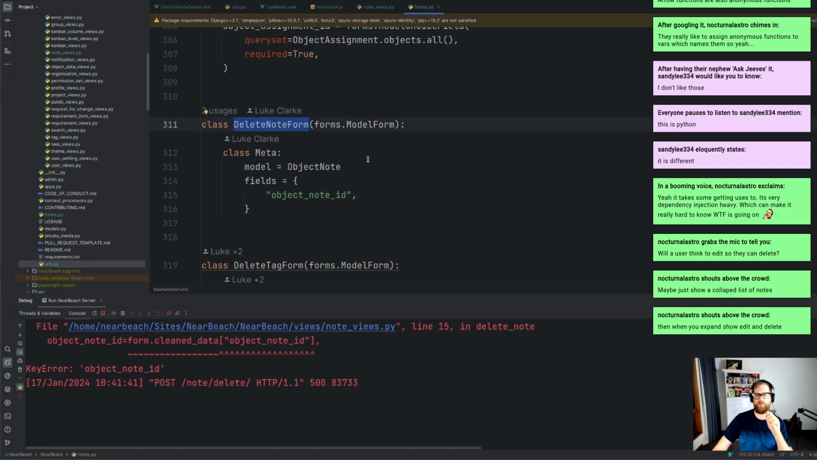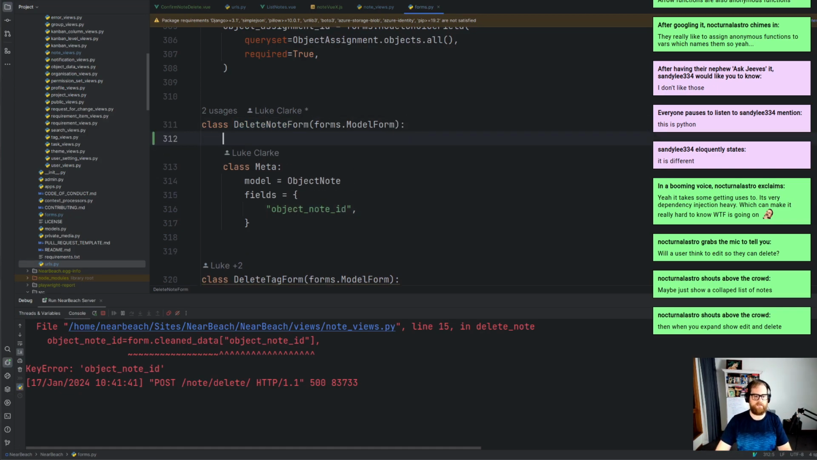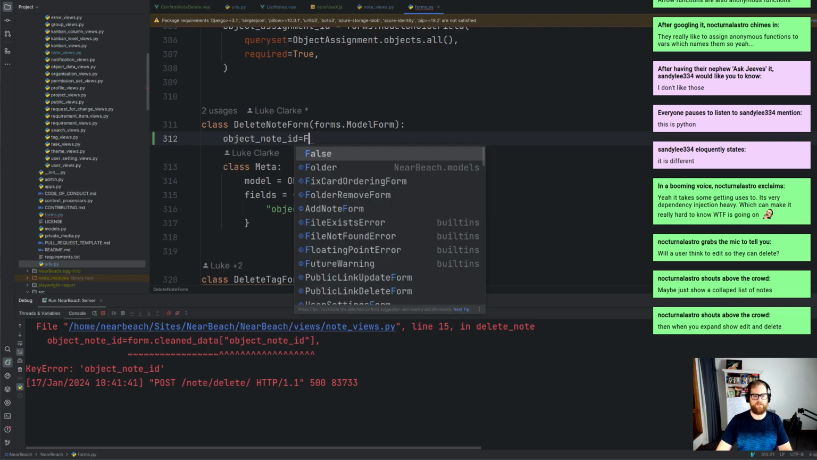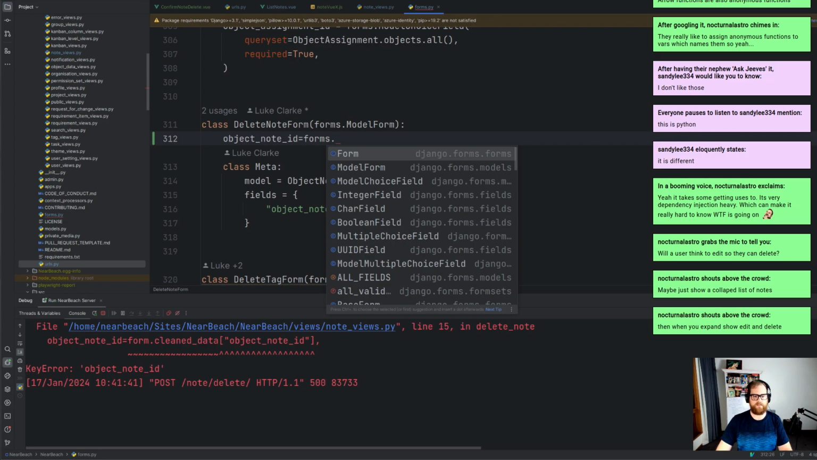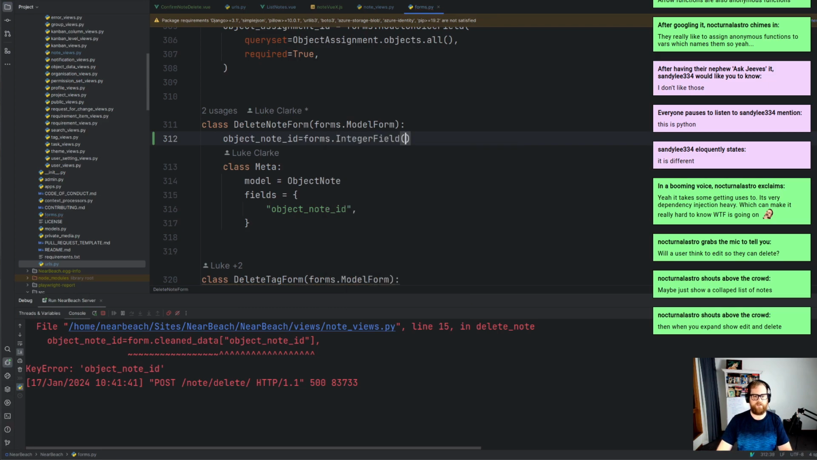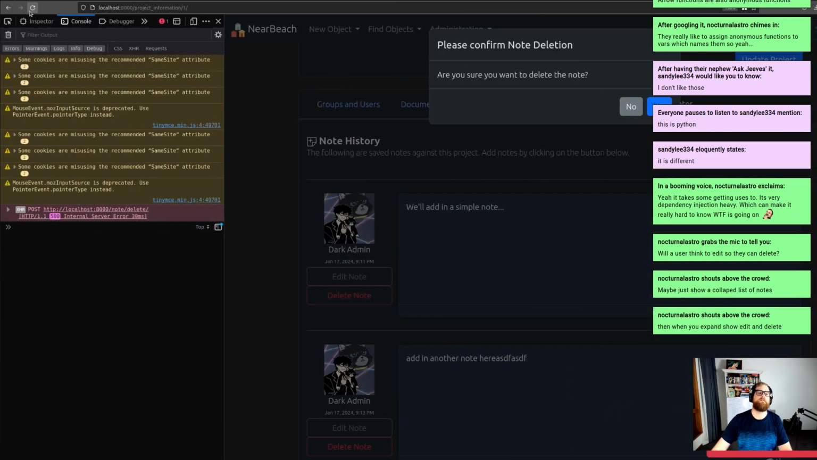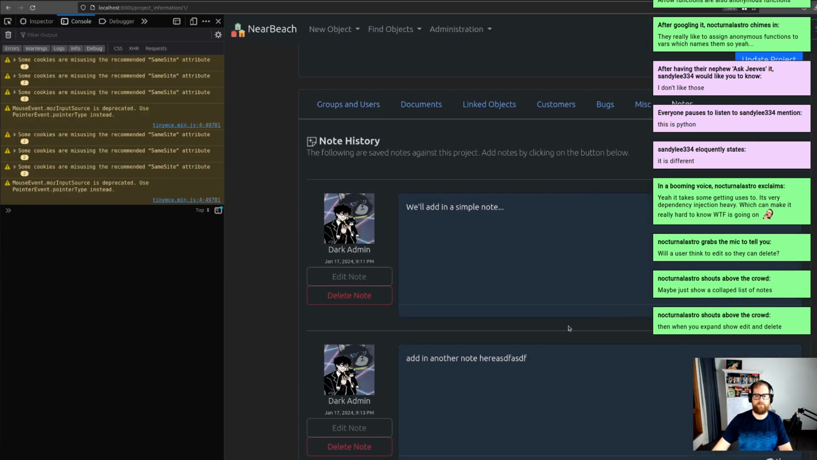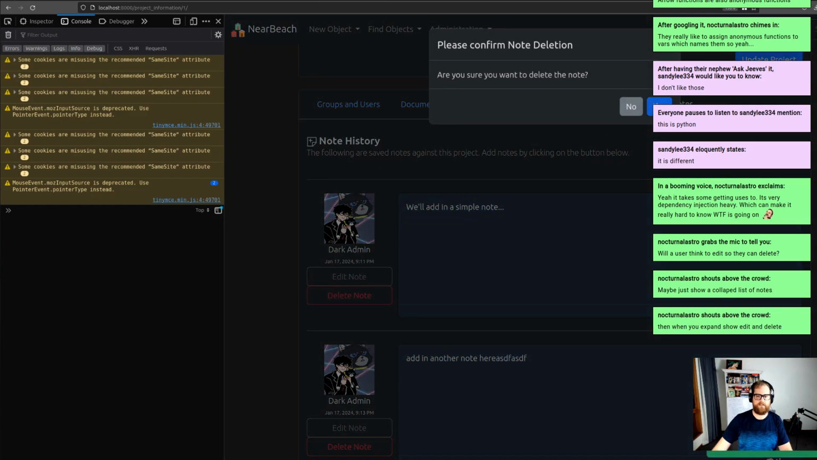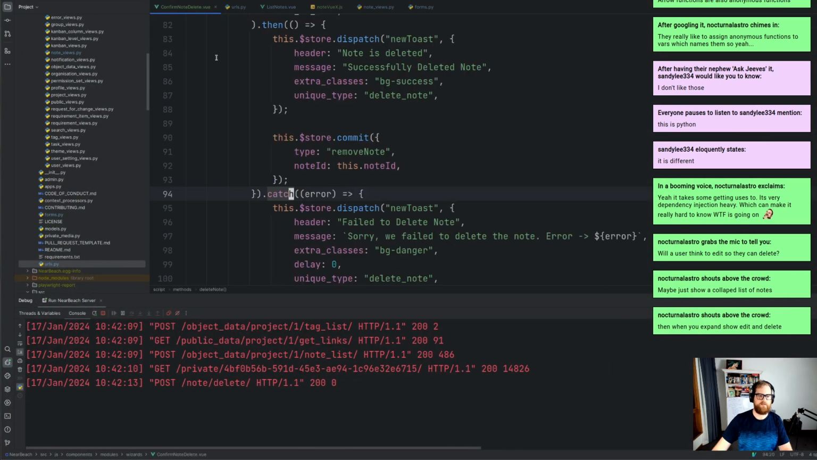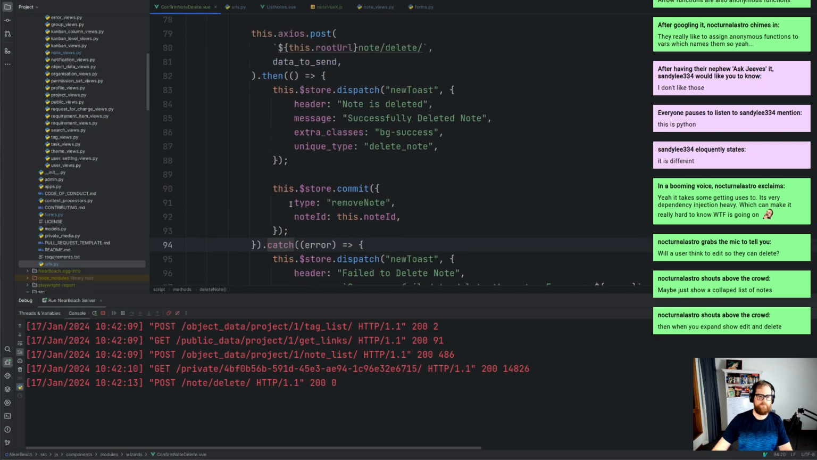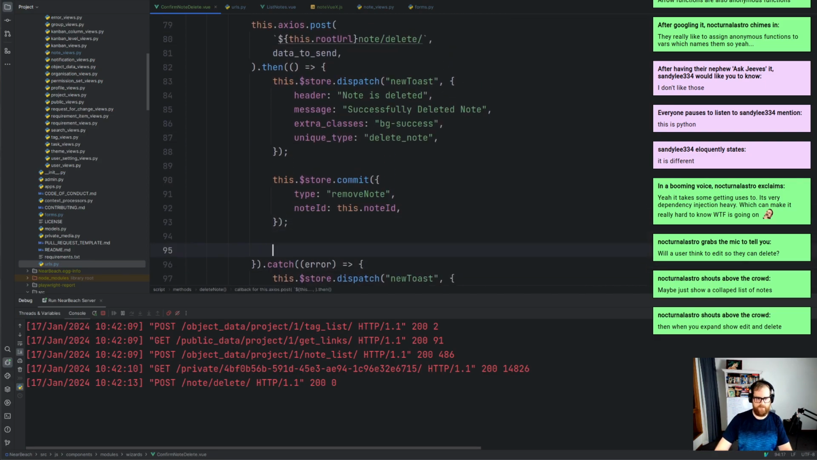So delete note form. What we need to do is you need to have object note ID equals forms dot integer field like so, and that's all. Let's hit refresh. Let's hit notes. Let's hit delete note. Let's hit yes. Successfully deleted note. Hasn't closed this yet, so what we need to do, once this is closed, we need to